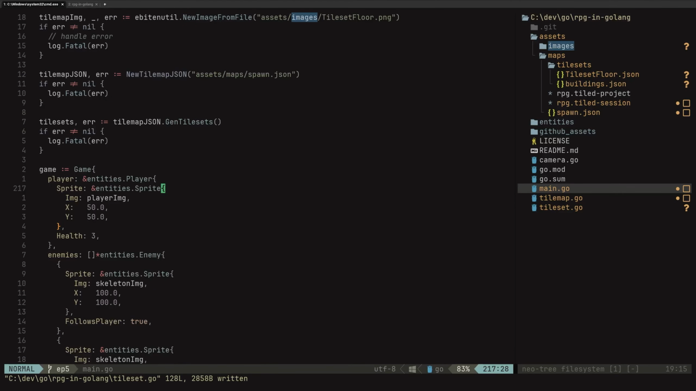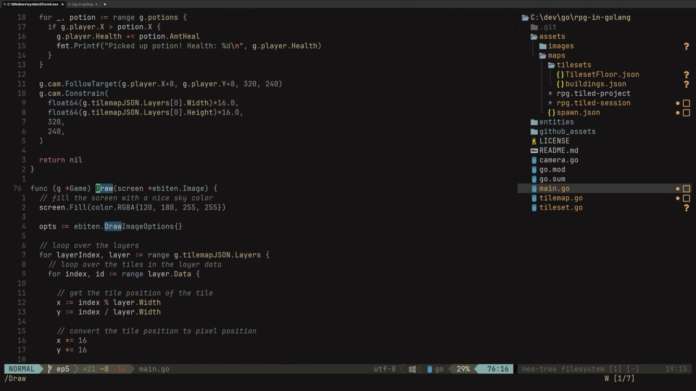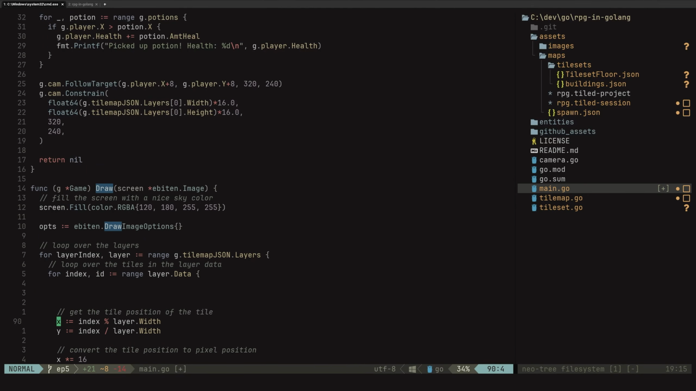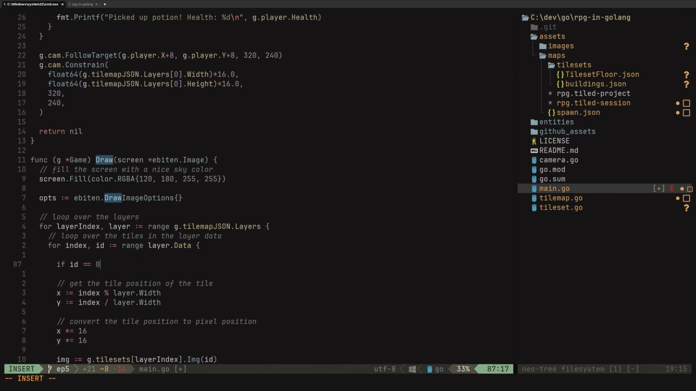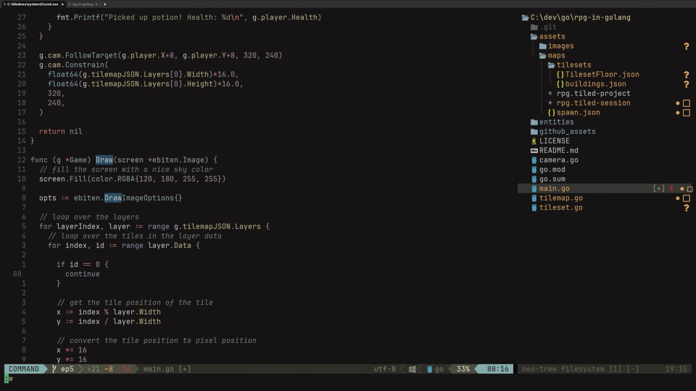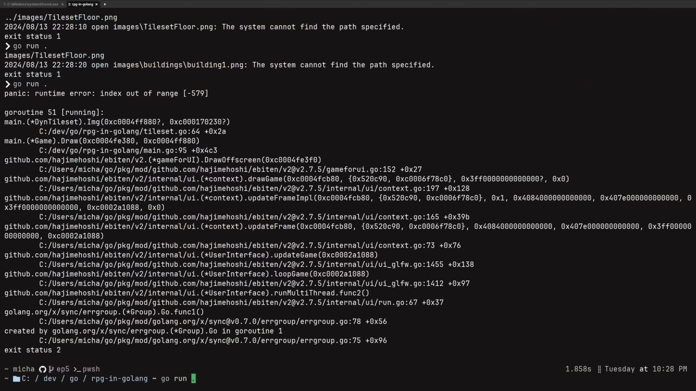There is one more thing we have to do, and that's something I forgot to do in the beginning. Inside of the draw method here, we need to return early if the ID is 0. So let's go ahead and do that. We'll say if ID equals 0, then just continue, which basically means skip this loop and go on to the next. Now if we do go run dot,